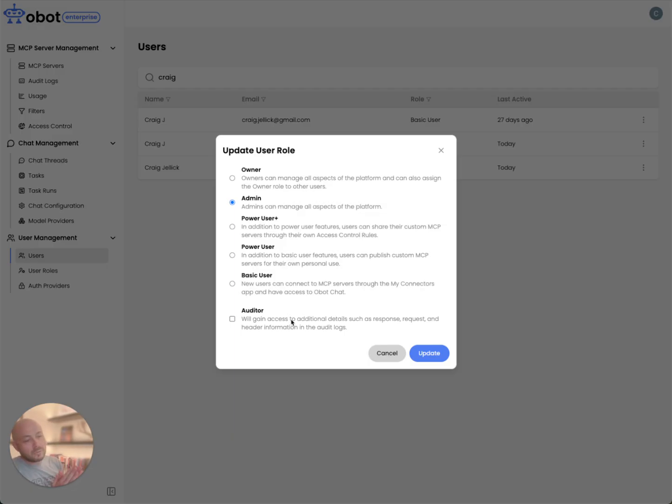The auditor role now separates out who is able to see the personal and private information contained in chat threads and the tool calls and responses of MCP servers. Now you need to explicitly have the auditor role to see those things. Admins will be able to come in and still administer the system, but they just won't be able to see the details of those calls. Even owners can't see the details of MCP tool calls and responses. They would have to explicitly give themselves the auditor role to do so,